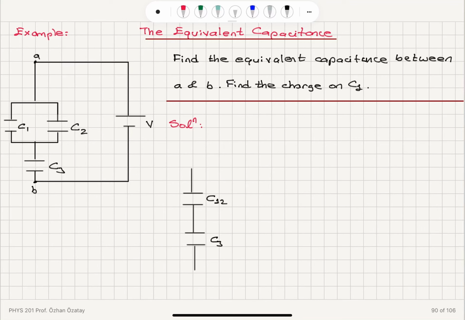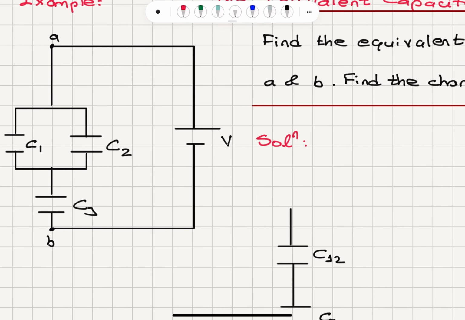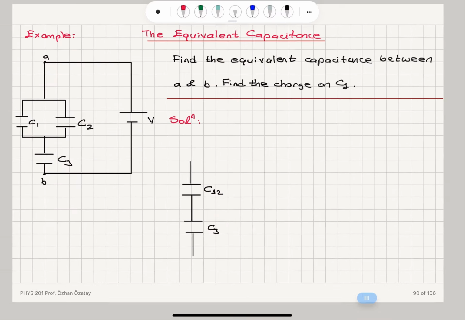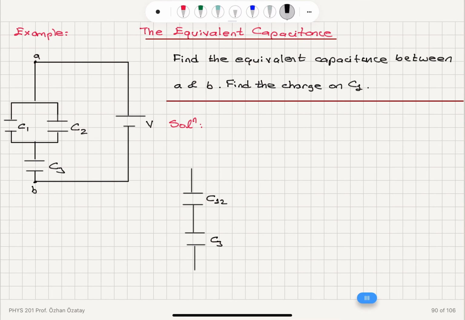Find the equivalent capacitance between points A and B, and find the charge that is stored on capacitor C1. Now you can see that I have C1 and C2 connected in parallel and connected in series with capacitor C3, and you have the whole thing connected to a battery so that the voltage between point A and B is V. So first I note that C1 and C2